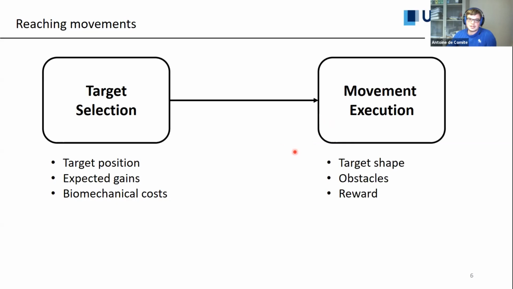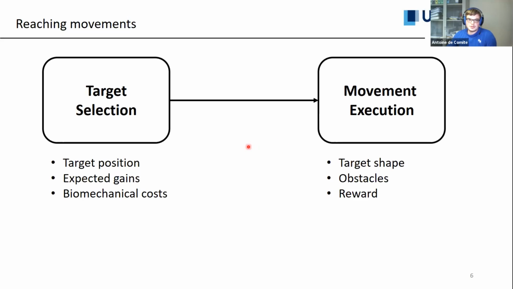And the last one is the impact of the reward. If you are very hungry, you will have more interest in grasping one of these apples. It is shown from saccadic eye movements and reaching movements that when you reach for something which is more rewarding, you will have a more vigorous movement. Your movement will be faster with smaller execution time.